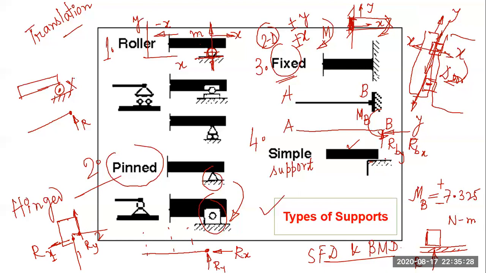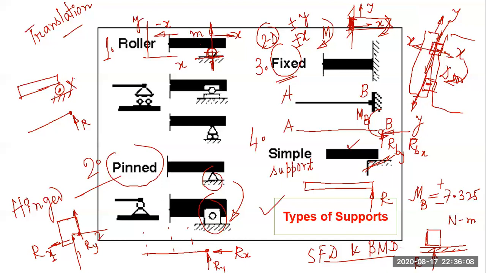So if this is a beam of mass m, it is simply placed over a support. If you replace this, what will be the direction? The direction will be simply a single vertical force. Because you are placing the beam over it, whenever you are replacing this, it is the simple force R. So these are the four different types of supports: roller support, pin or hinge support, fixed support, and simple support.